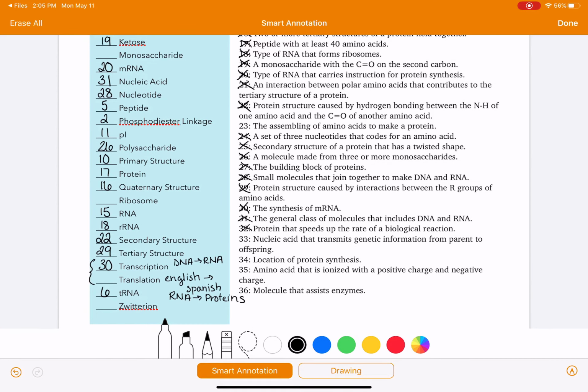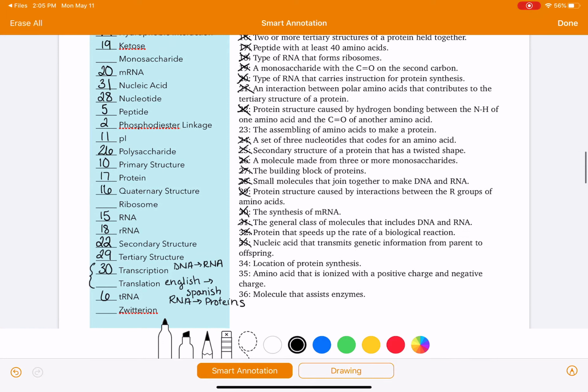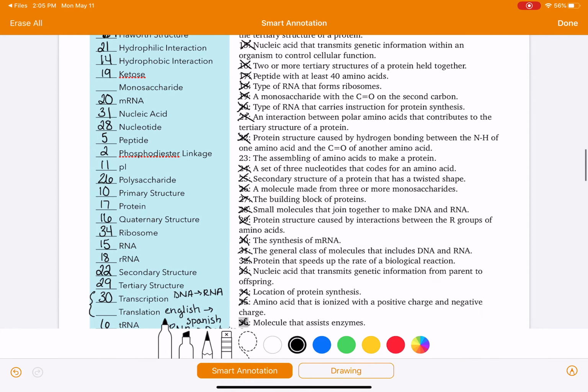Nucleic acid that transmits genetic information from parent to offspring is DNA, 33. The location of protein synthesis, the ribosome, 34. The amino acid that's ionized with a positive and negative charge is the zwitterion. A molecule that assists enzymes is the coenzyme,